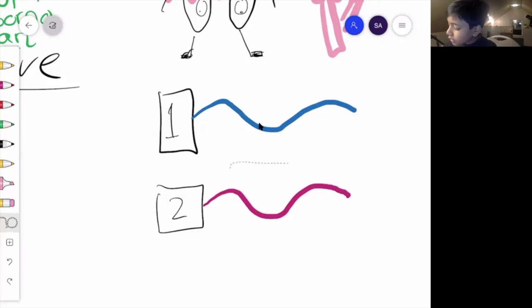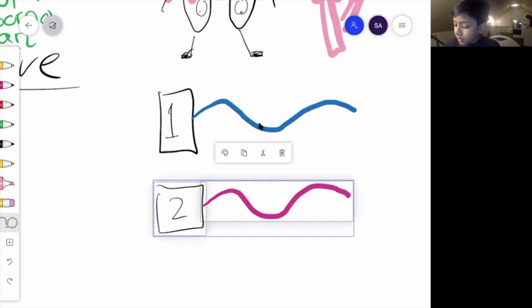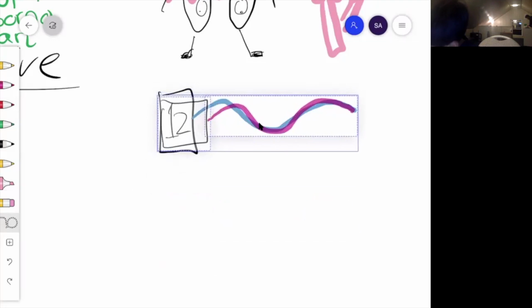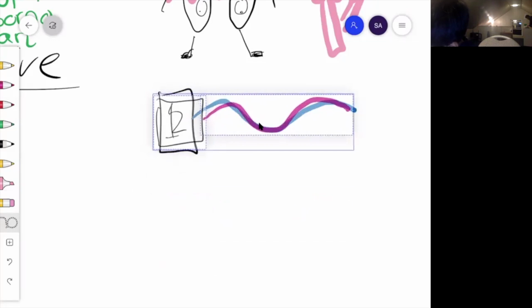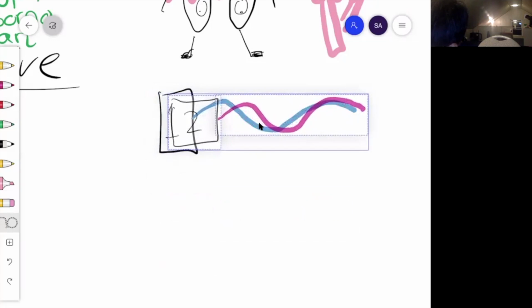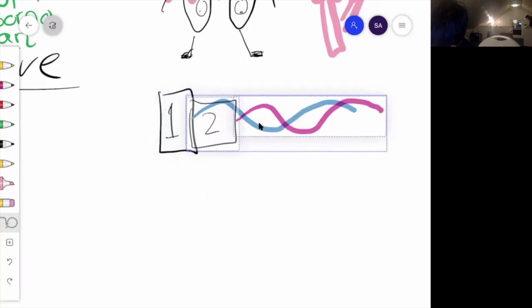Now, let's say I move 2 half a cycle ahead of 1. I'm trying my best to make it look regular. And then we move it like this.